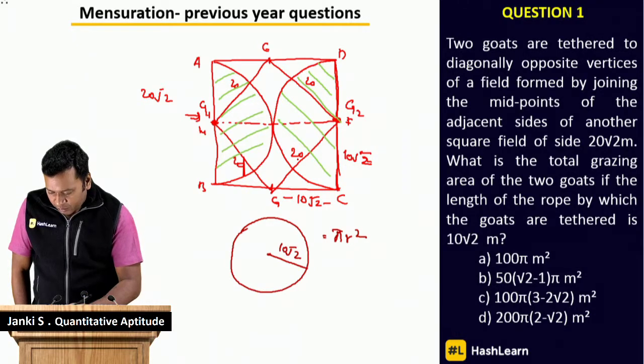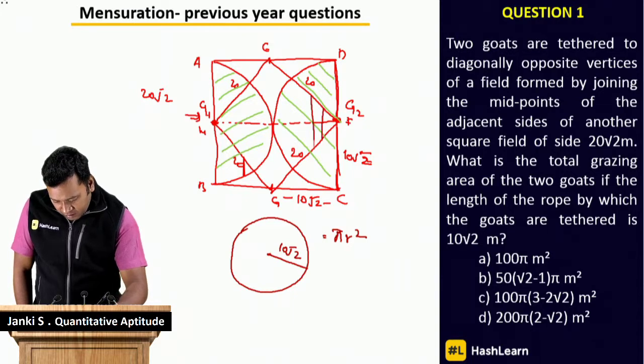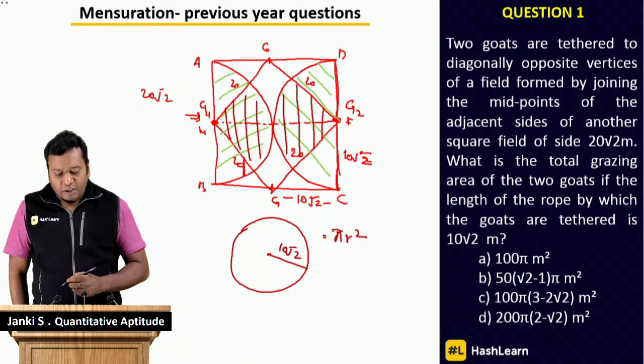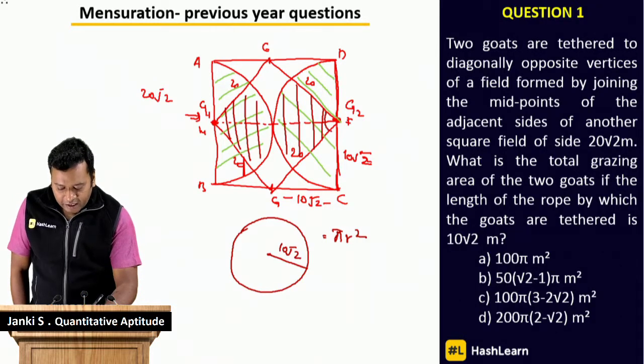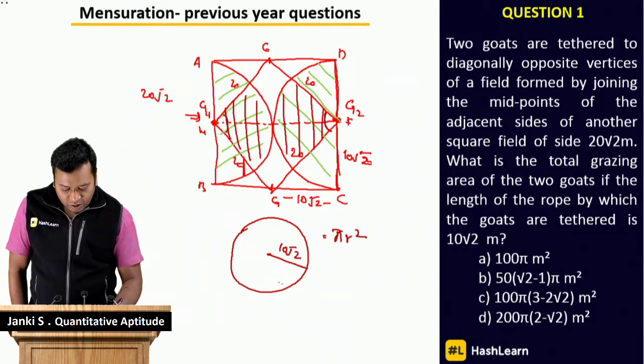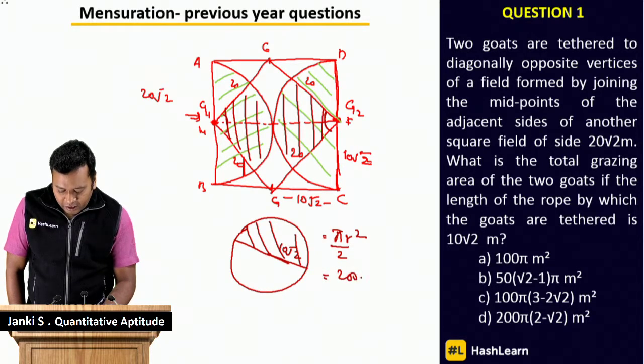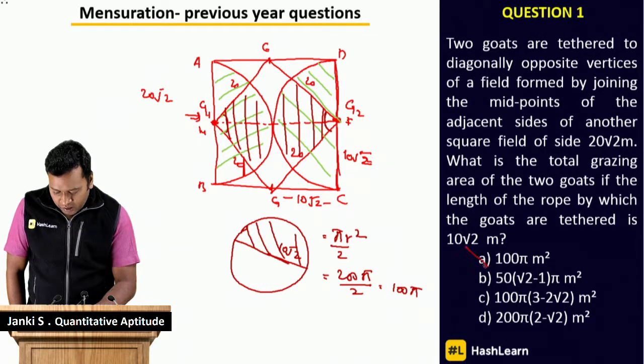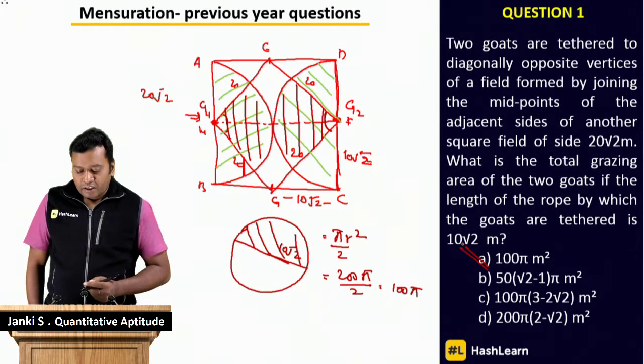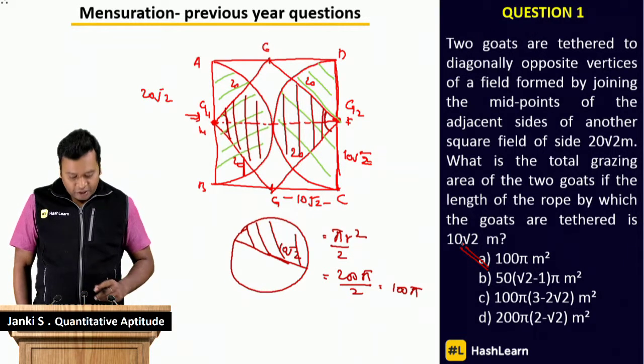अब ये क्या कर रहा है, राइट। अब इंपॉर्टेंट बात ये है कि मुझे कौन सा एरिया चाहिए, मुझे ये एरिया चाहिए, राइट। ये नहीं कह रहा है कि मुझे ये सारा एरिया चाहिए। ये तो एक सेमी सर्कल हो जाएगा। ये 90 डिग्री है और ये 90 डिग्री है, मतलब ये सेमी सर्कल हो गया। मतलब इसका हाफ ही लेना है। So it's πr²/2, so the value is 200π/2, my value is nothing but 100π। सो मेरा एरिया 100π हो जाएगा, राइट। सो ये फर्स्ट केस हो गया।